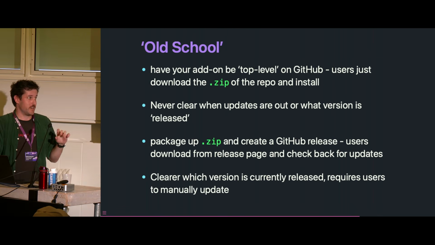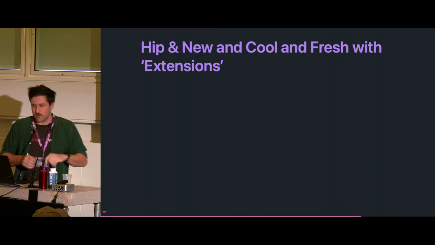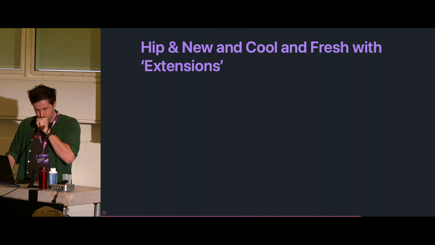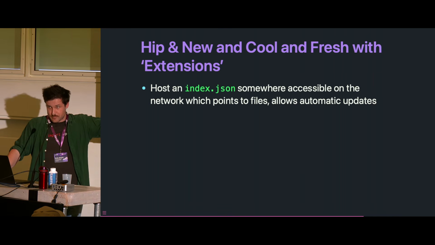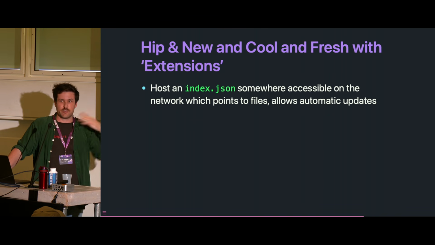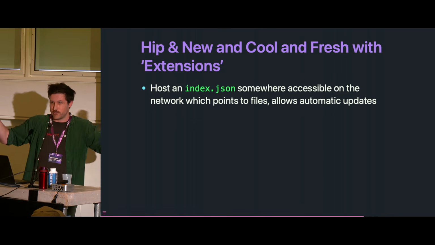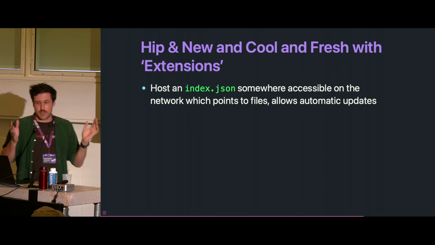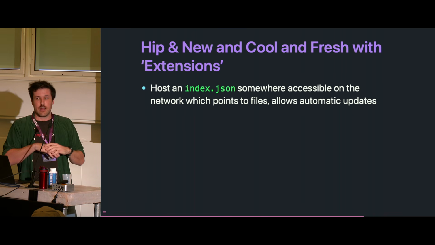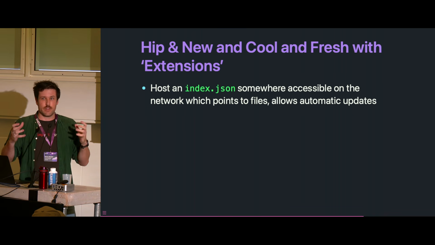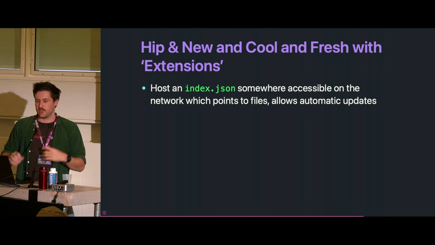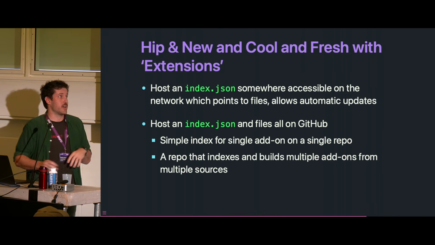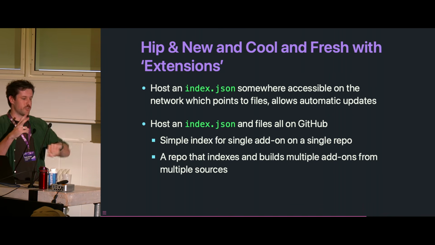So instead, we can do it the hip, new, cool, and fresh way with extensions, patented, where you host an index.json somewhere, and that points to files. And that's it. That's how you host your own extensions repo. So Blender is hosting an index.json, and that points to files. And then Blender has that sort of registered, and then that's how you get updates and you install stuff. And so we can just do that ourselves anywhere we want. Now, I'm going to show 2 different ways to do that